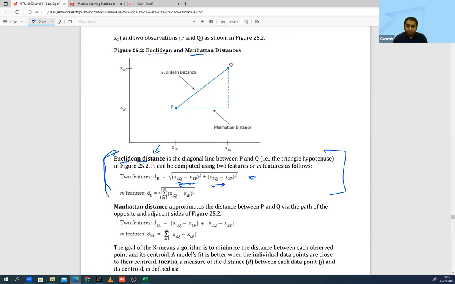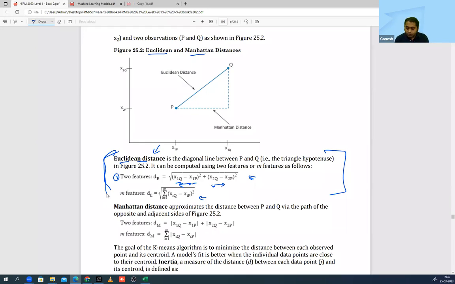Clear? Now, if you do not want to use this formula, you can use the second approach also. The first formula is basically only taking two features. In my data, there were only two features, weight and height. Now suppose there were 5 features: weight, height, color, anything. So you have n features, but the process is going to be the same. You take the deviation from the center, square it for each feature, add them, and take the square root. Is it clear?